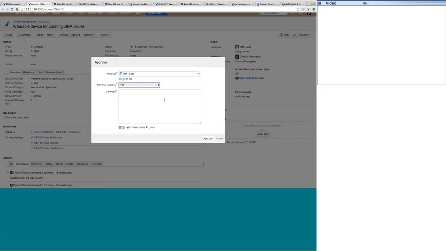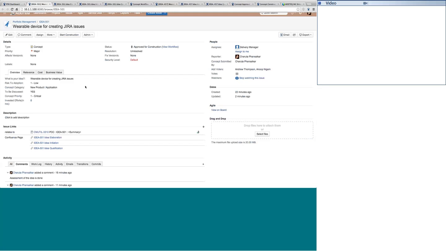Now, when to start construction, or how to prioritize these approved for construction ideas, is based on the number of resources available, market conditions, or maybe the concept value. Say, for example, at any point of time the priority for a concept goes down; based on that we will decide which concept to start construction on first and which one later. So now let's say that as our concept is critical, we would like to start the construction immediately. Before that, let's see who is the accountable person who is going to look at the concept right now.